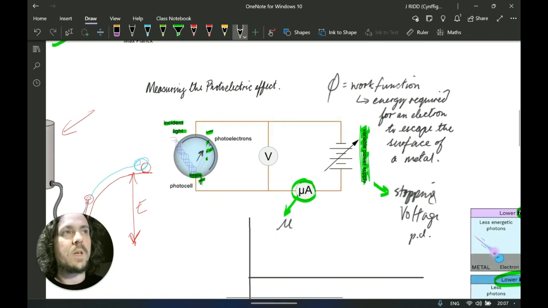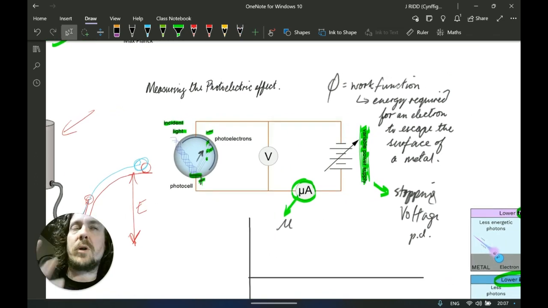Now, a way to think about this is, have you ever put the batteries the wrong way around in a remote control, for example? You put two fresh batteries in, you're like, yeah, happy days, Netflix, let's go. But nothing's working. What's going on? Oh, I put the batteries in wrong. What's happening there? Well, you've got one battery, maybe a 1.5 volt battery, pushing one way, and because you've inserted them wrong, you've got the other battery, I should call them cells really, but you know what I'm saying, pushing in the opposite direction. So you've got one voltage pushing one way, another voltage pushing the other way, and they cancel each other out.